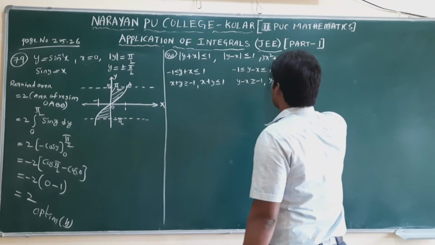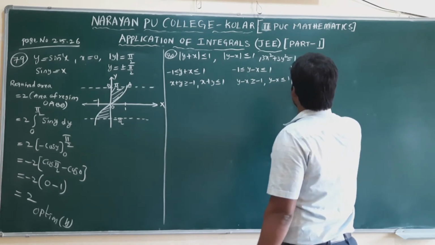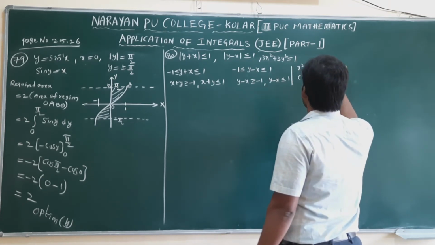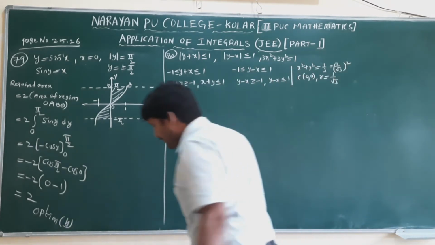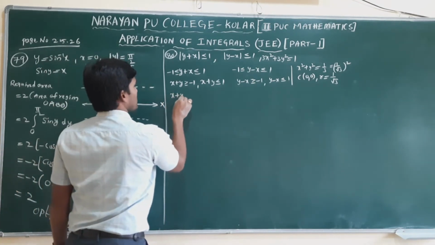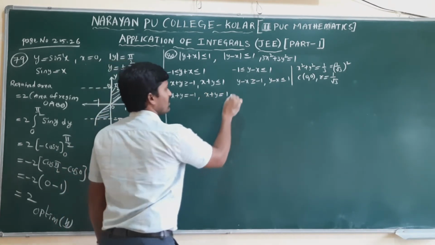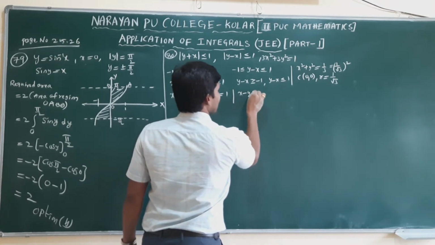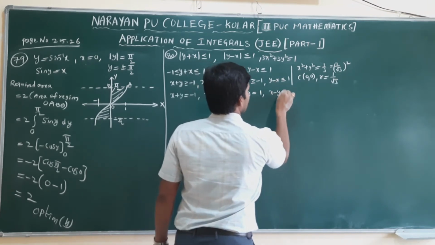The circle: sending the 3 to that side, what will we get? X square plus y square equal to 1 by 3. Here the center is 0 comma 0 and the radius is 1 by root 3, because we can write it as 1 by root 3 whole square. Now these are straight lines clearly. This is x plus y equal to minus 1, x plus y equal to 1, and here if you multiply by minus, x minus y is equal to 1. Next, multiplying here by minus, x minus y equal to minus 1.